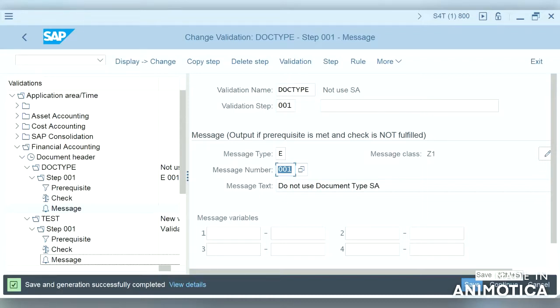Once we create this, it will not come into effect immediately, so we need to assign it. Nowhere are we telling for which company code this validation should work, right? So we need to assign it to the company code. Let us move on to OB28 and assign it to the company code.